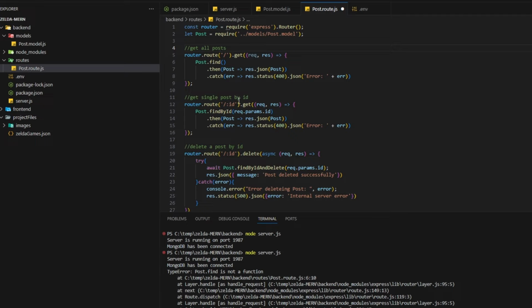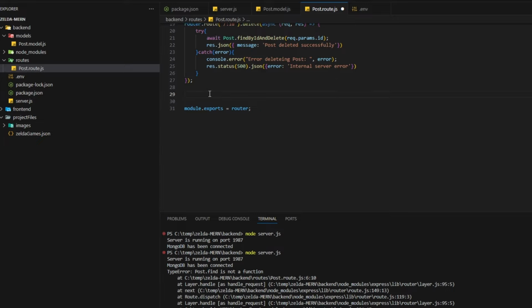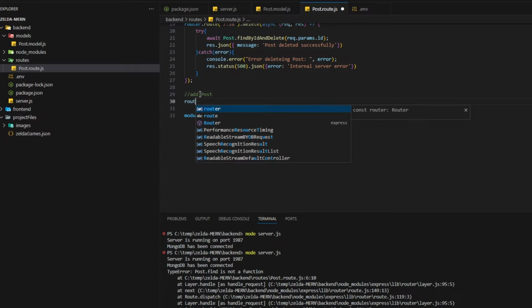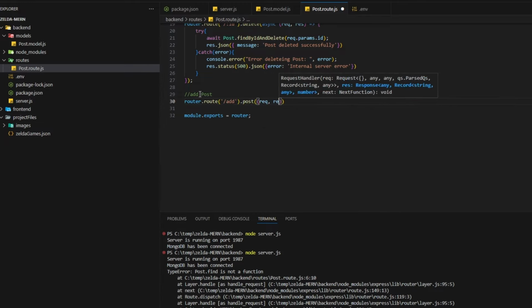Okay, so that is all that we need for that. We've got our get all posts, get a single post, and delete a post. The only one that we have left right now that we want to add here is going to be our add post function. So to add a post, I can say router.route, and then in here we could say /add.post, request, response, equals, and then down here we can